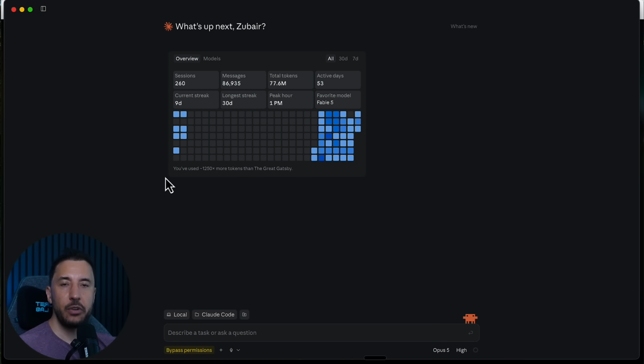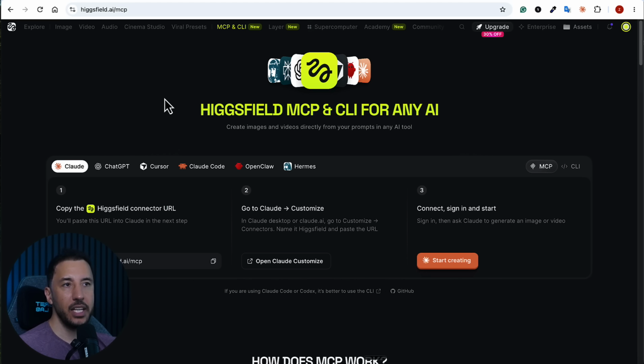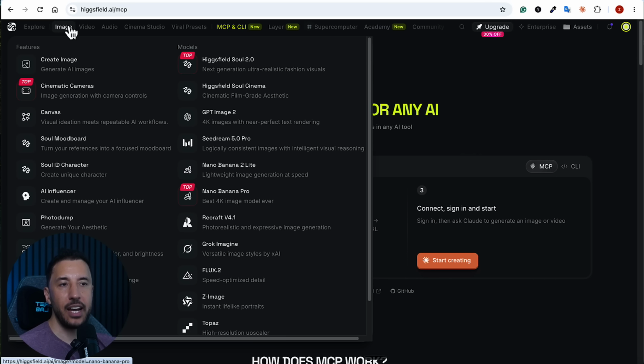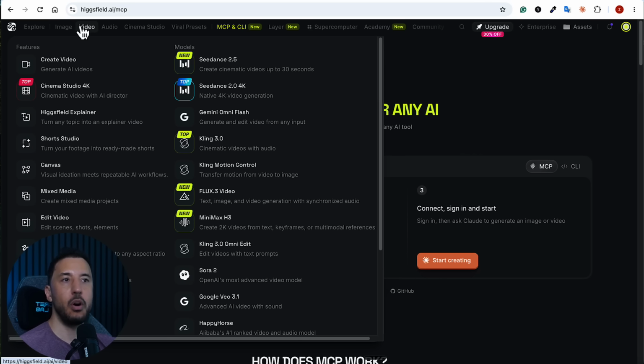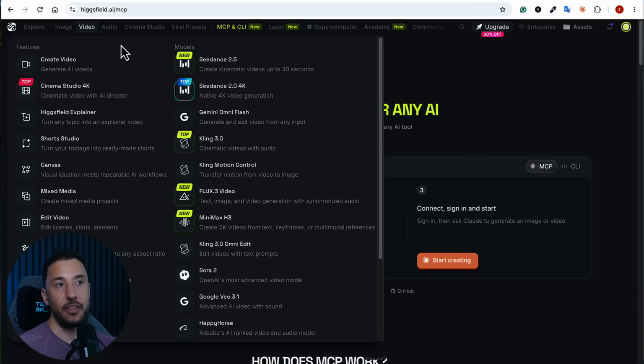So in order to generate our assets for the website, we're going to use the Higgsfield MCP. Now, connecting the Higgsfield MCP to our Claude Code is very, very simple. For those of you who are not familiar, Higgsfield basically gives you the ability to connect to all image models, all video models, and obviously Seedance 2.5 is the top model right now because it just got released,